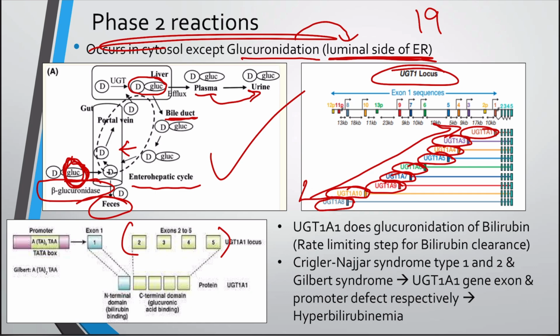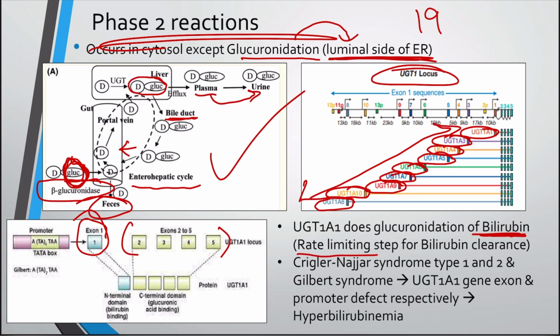But if there is a change in exon 1 only, that is the exon 1 region of UGT1, then it will lead to a change in a particular enzyme only, in which the defect is present. Now coming to one clinical implication, we know that this UGT1A1 does the glucuronidation of bilirubin, and this is